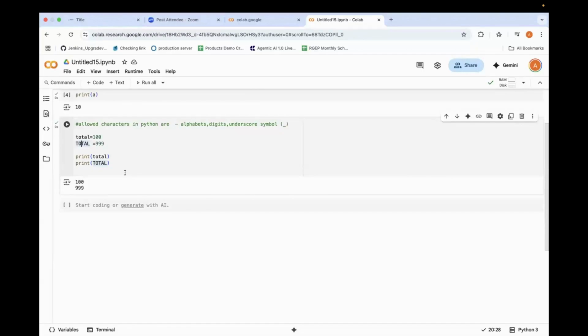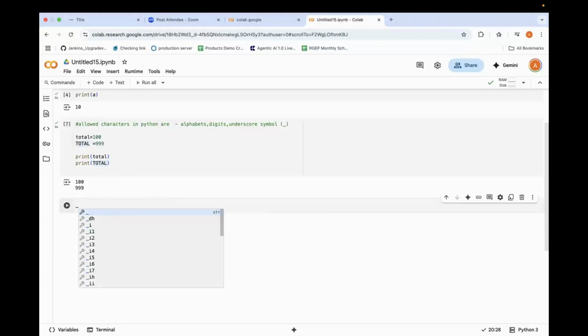So what rules have we discussed now? One is that an identifier should start with an alphabet. Numeric can't be the start. And if an identifier starts with an underscore, let's consider underscore total equals 500, it is valid. I don't get an error. But if I put an underscore at the start, it is considered private. What private and public mean, we'll discuss later. Just understand this: if the first letter is an underscore, it is a private identifier.